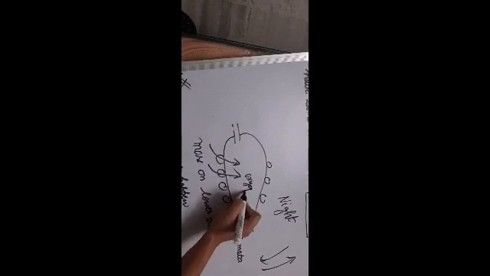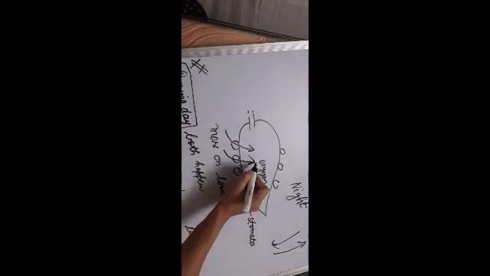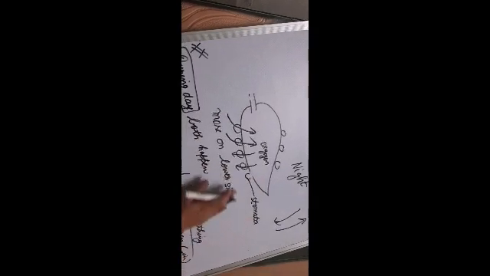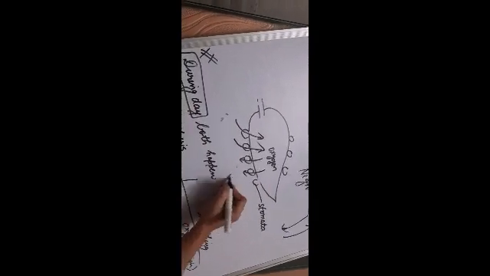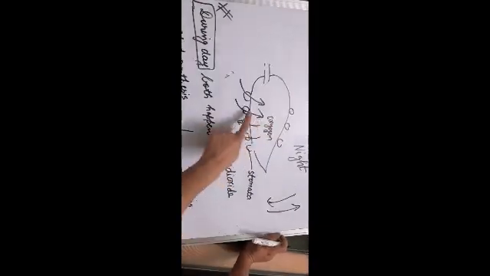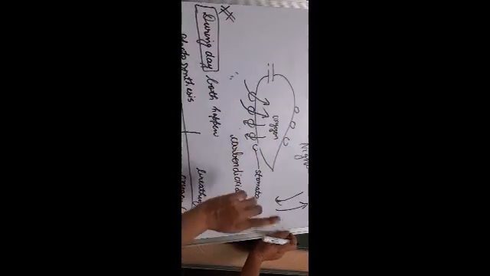Now check in this diagram. In this diagram, I will show you what happens at night. Now at night, oxygen is going in through the stomata. See, oxygen is going in through the stomata and carbon dioxide is coming out through the stomata. So a downward arrow means coming out. So carbon dioxide is coming out. This is at night. So at night, through the stomata, oxygen is going in and carbon dioxide is coming out.